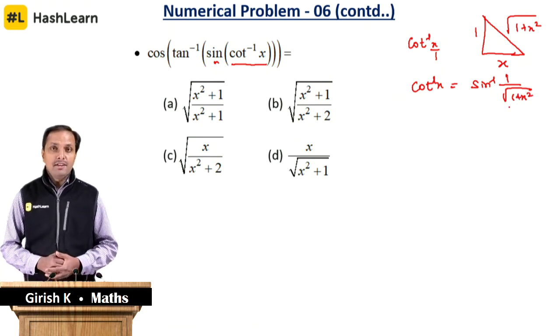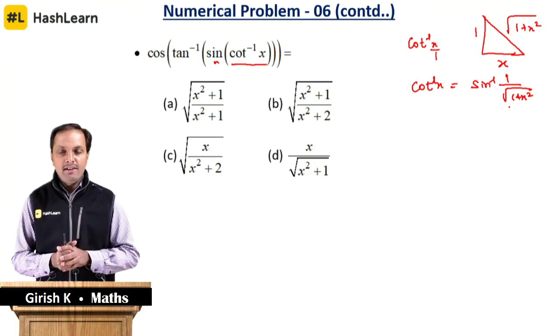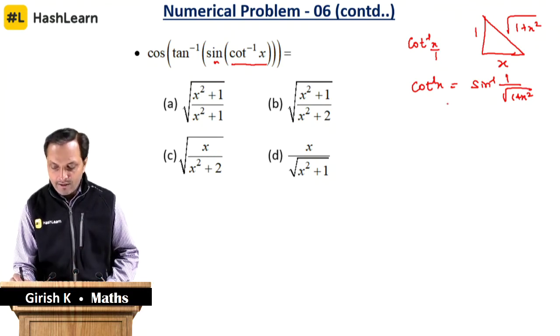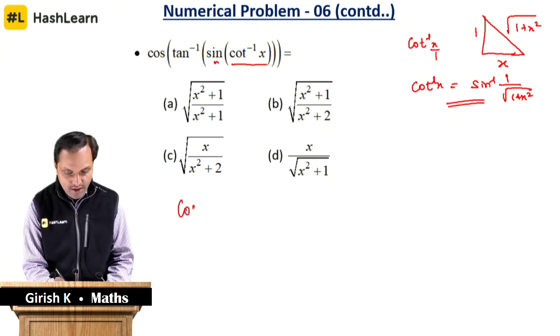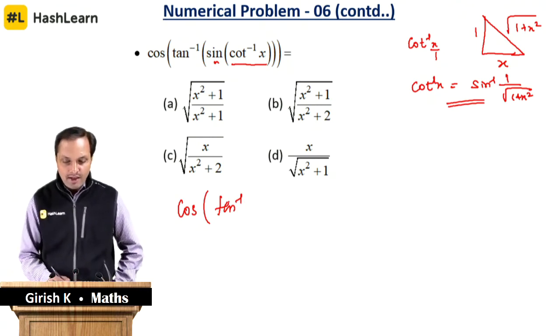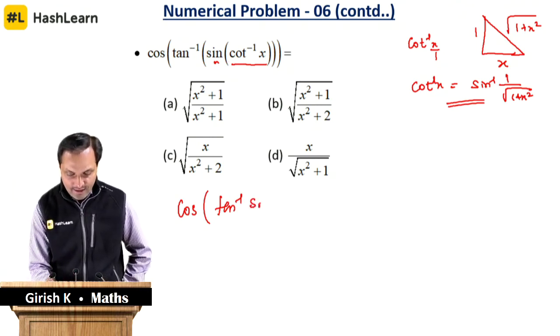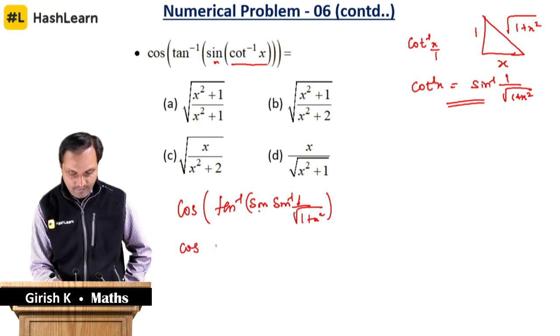So the best method to arrive at the answer is to draw a right angle triangle and get the equivalent inverse function. Then cos is fine, tan inverse is also fine. Then what happens in the next step? Sine is here: sine inverse 1 by root 1 plus x square. So you can write sine of sine inverse as cos